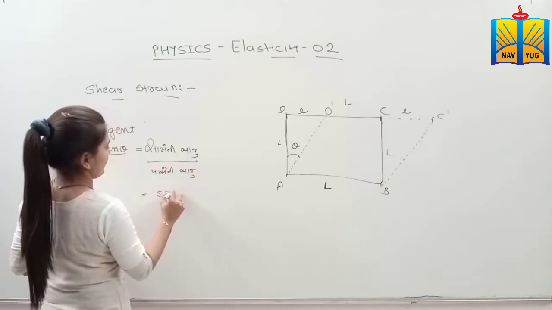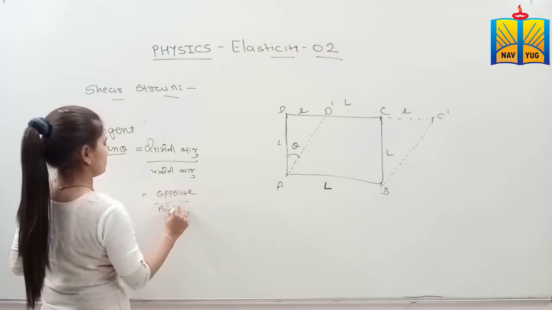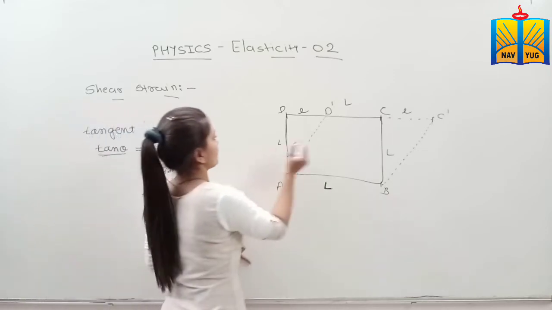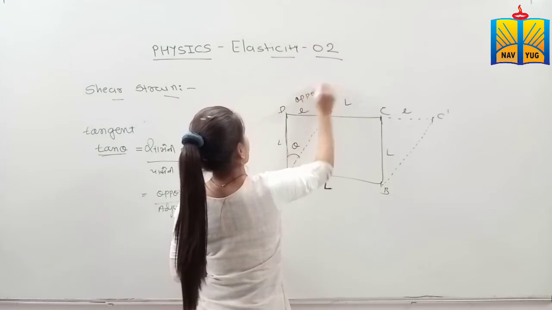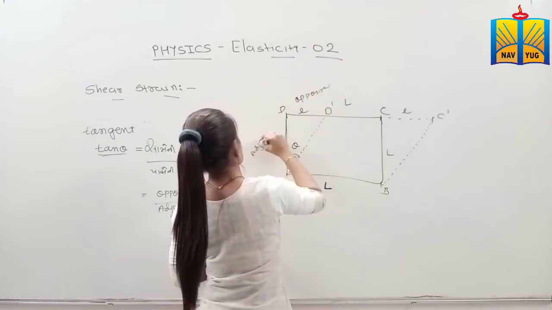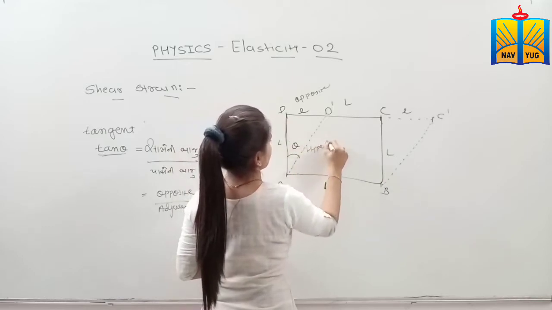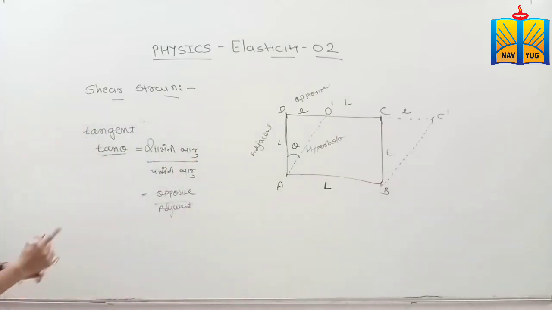Opposite divided by adjacent. The side in front is called opposite, the side next to the angle is called adjacent, and this one is called hypotenuse. Okay, now here tan theta,